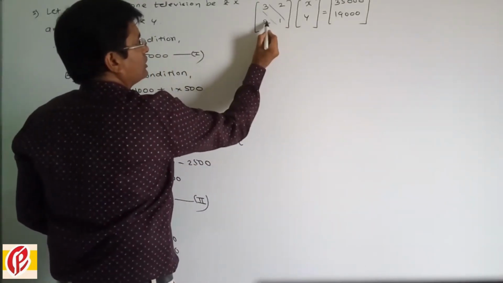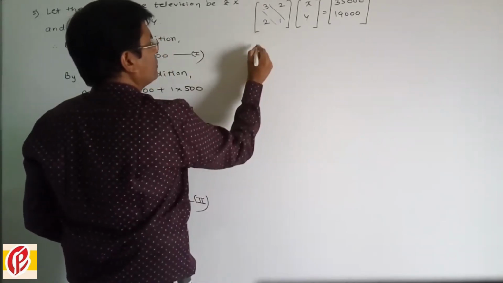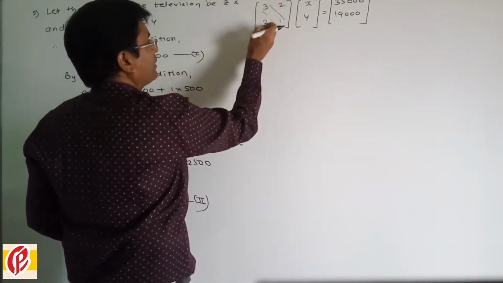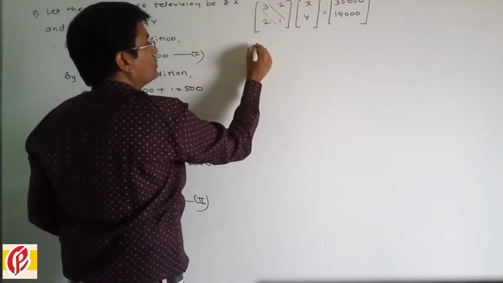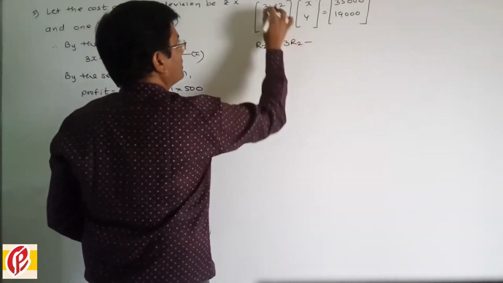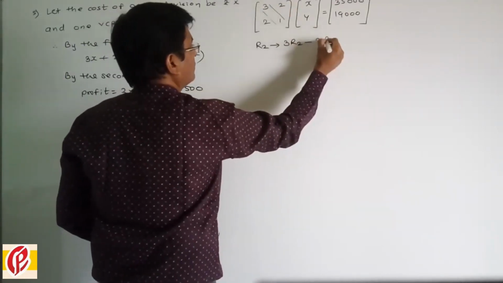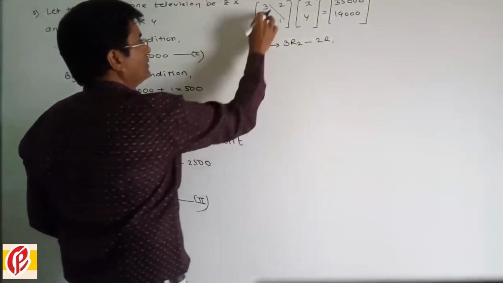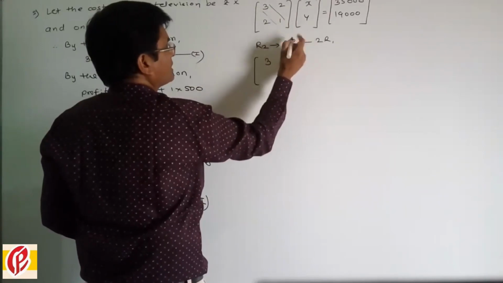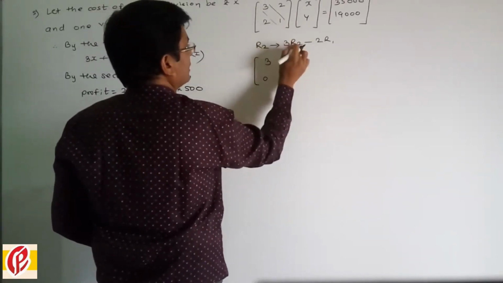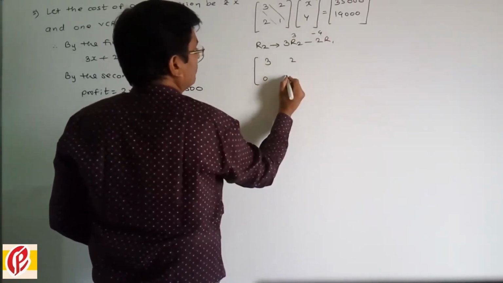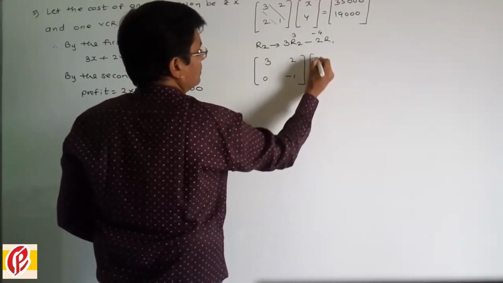Okay, so convert this matrix into upper triangular matrix. So this is the main diagonal. So here should be 0. So in the second row there is a 2 and in the first row there is 3. So multiplying second row by 3 and first row by 2. So R2 changes to 3R2 minus 2R1. So we get 3, 2 as it is, and 3 2s are 6 and 2 3s are 6, 6 minus 6 here is 0. Here is 3 into 1, 3, this minus sign, 2 into 2, 4, 3 minus 4, minus 1.